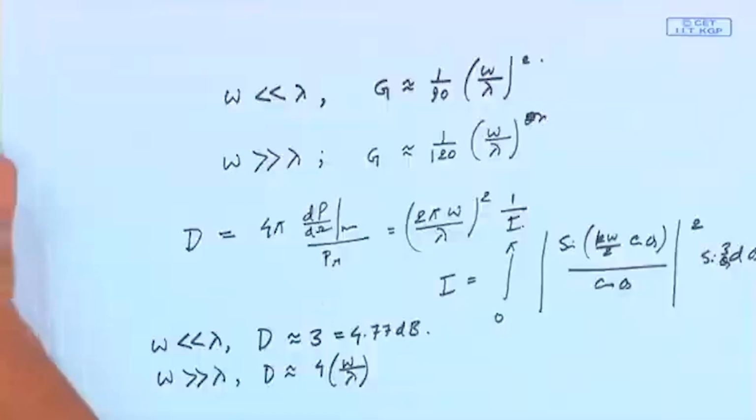But basically I say that if you want to do the analysis, this generalized method helps you even in these cases of microstrip antenna. So, with that we conclude this